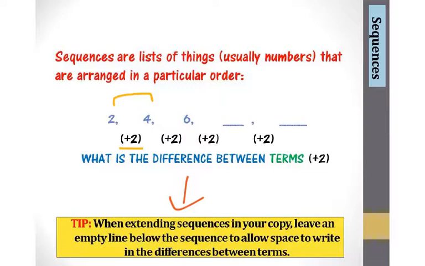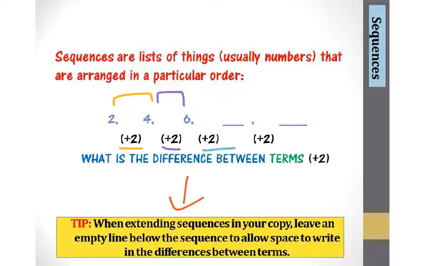Now we need to identify what the difference is between 4 and 6. And we know if we count on between 4 and 6, the difference is plus 2. So 2 plus 2 is 4. 4 plus 2 is 6. Now we have to figure out what the next number is in the sequence. If we follow the rule, which is plus 2,